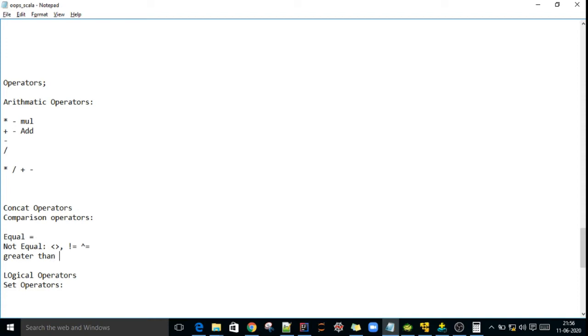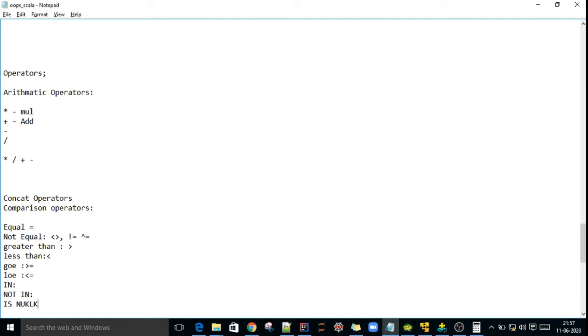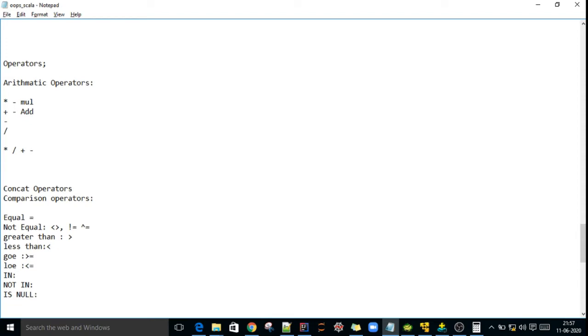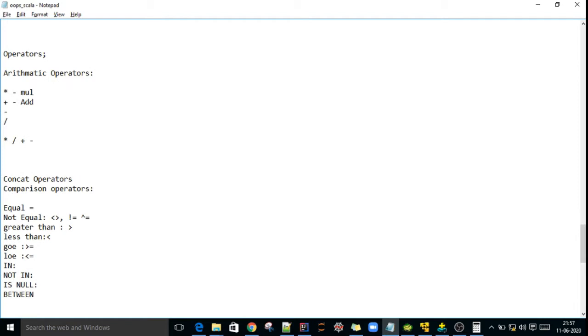Greater than operator, that is this one; less than, this one; greater than or equal to operator; less than or equal to; in operator; not in operator; is null; between; not between.